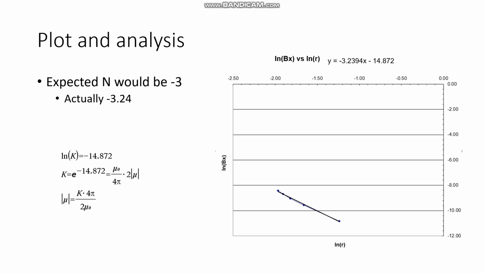As you can see, it's approximately linear, which is what we want. And so we also have a point slope form, or a general slope form. What that means is that, in this case, our n would be negative 3.2394, when we would expect to be negative 3. And what we're going to do with that k value is actually determine our